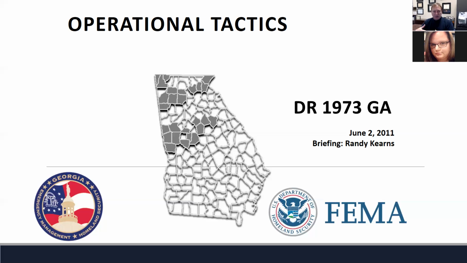By the time the federal government comes in, the federal government is not a first responder organization. Our job from a federal standpoint is to support the state activities and to support local activities. What do you need? How can we help? Where can we get resources from?